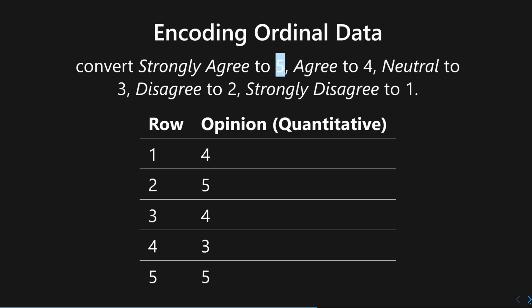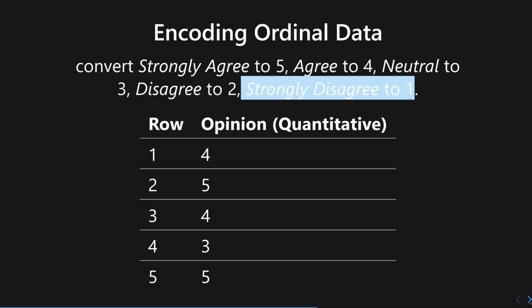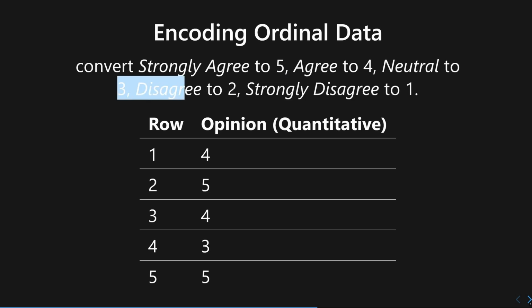And the replacement values that you end up with also make sense, because you can imagine this as the amount of agreement this specific answer has. So 5 is high agreement, that's why the value is also high. 1 is low agreement, which corresponds to strongly disagree, so the value is also low, 1. And the middle value, like 3, is in between 5 and 1. So the underlying meaning of your values is also preserved.